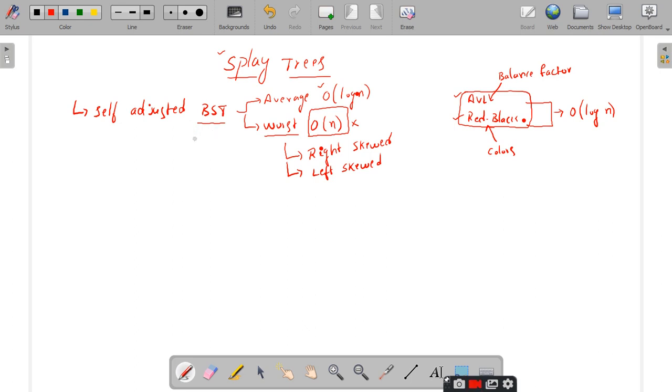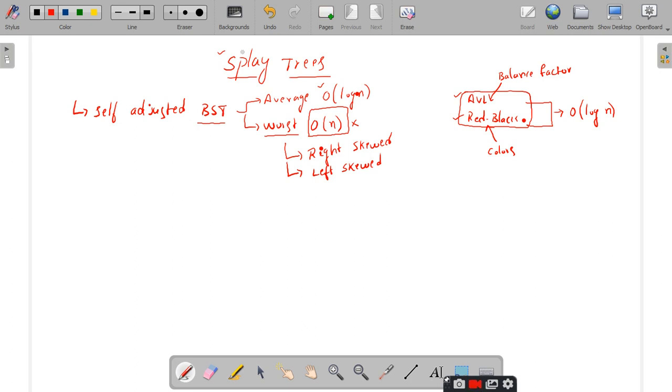So, our aim is to enhance the performance of the various operations under average case and worst case scenarios. We need to achieve a good time complexity such as big O of log n, that we have already achieved using AVL and red black trees. So, why are we again going for splay trees? The reason is that they are also self-adjusting binary search trees.